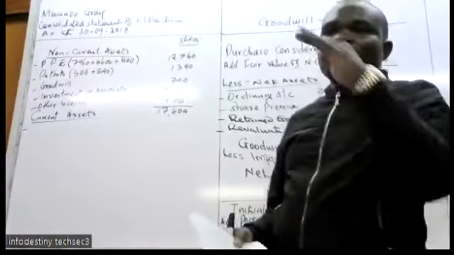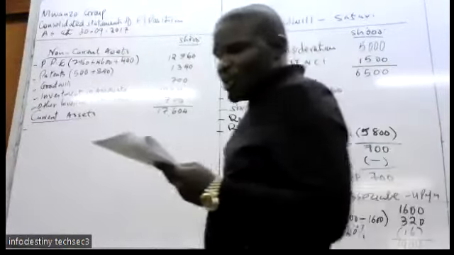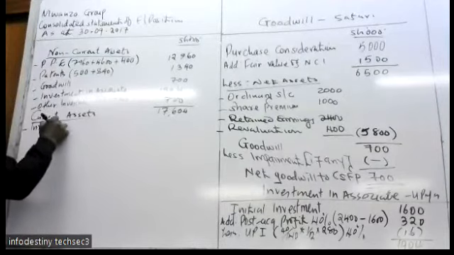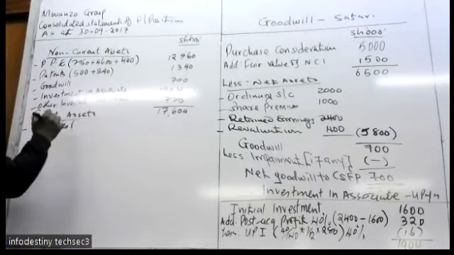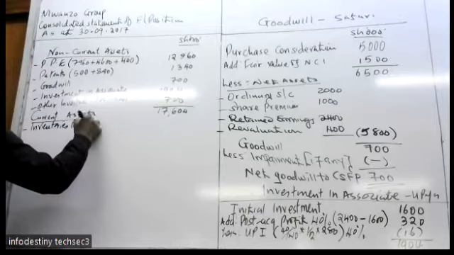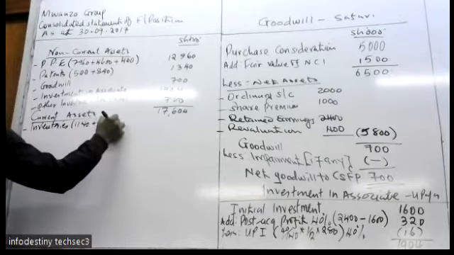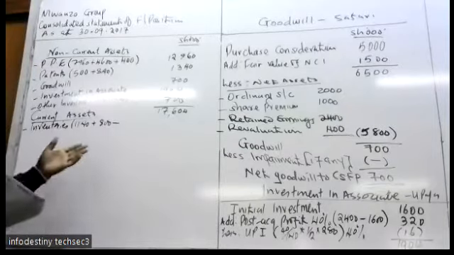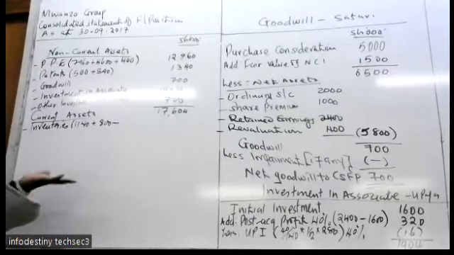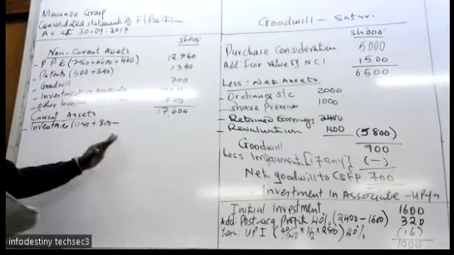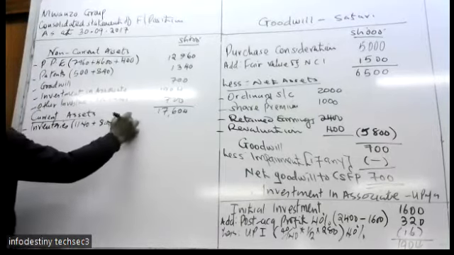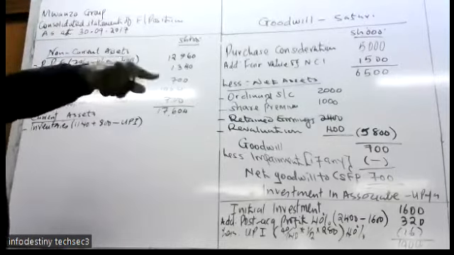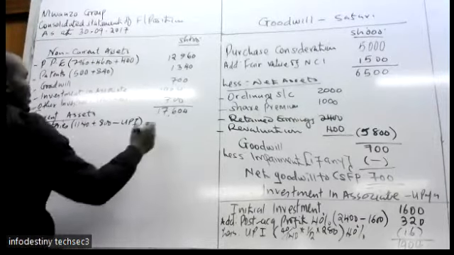Current assets, what are you now? Inventories. Inventories, we have 1140 plus 800. What do we normally subtract? UPI, but the UPI was for the associate. We add parent and subsidiary, so you don't subtract from the associate. So UPI, yes, it was there, but we don't subtract because it was related to the associate. How much is this?